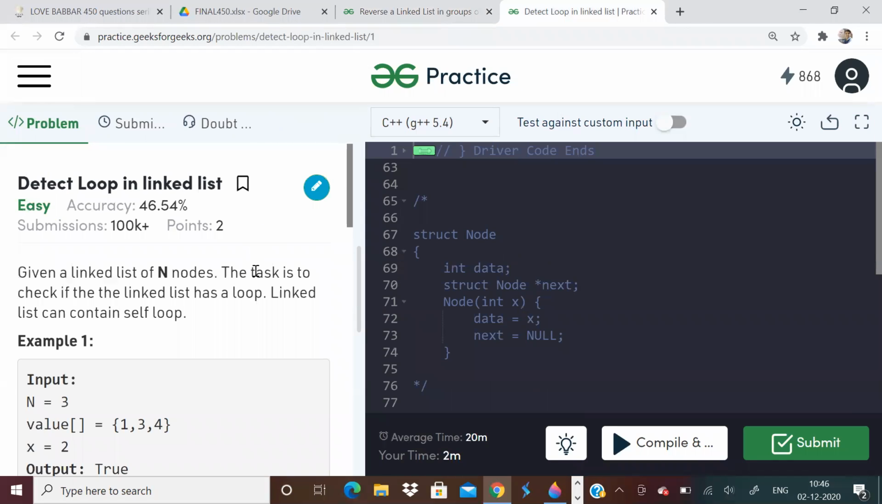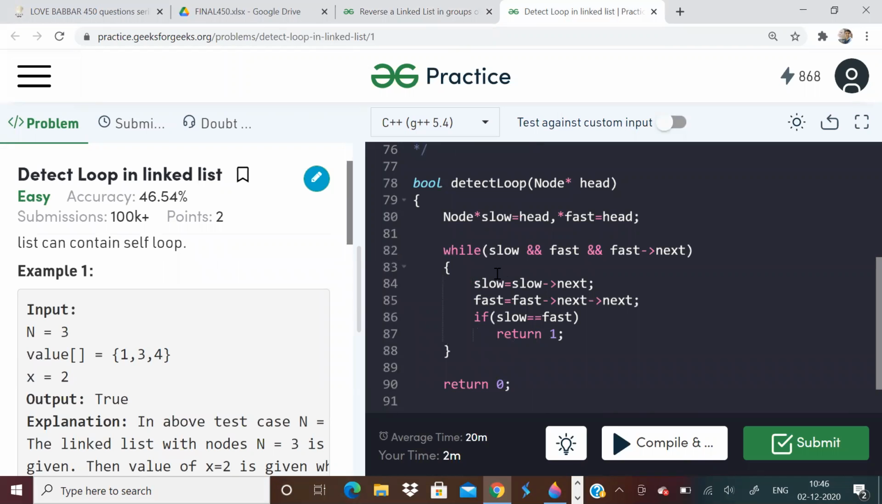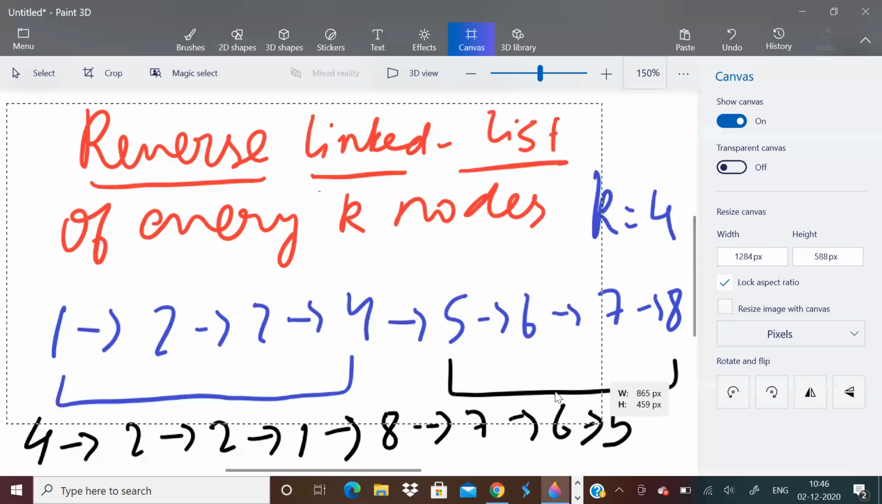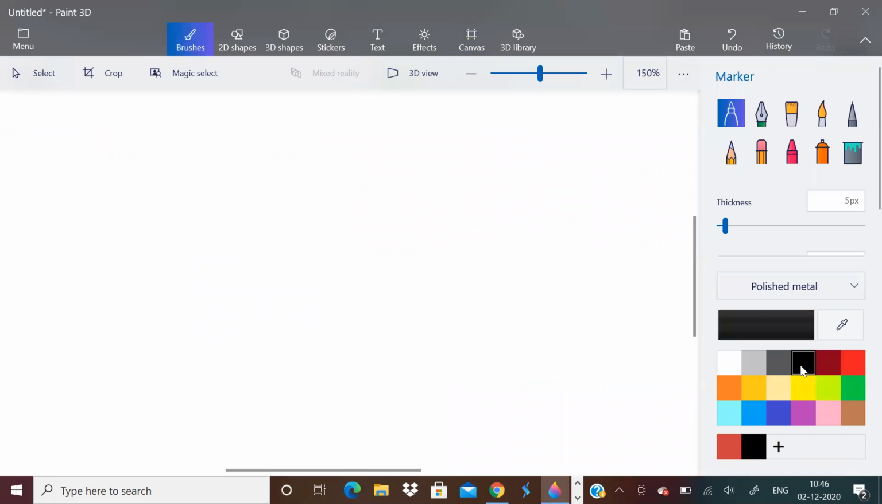So let us go to the next problem. The next problem is detecting a loop in a linked list. Now this is a very simple problem actually. This is something called Floyd's cycle or something, I'm not sure. Basically, if there is a loop in the linked list, how to find out? So for loop detection,